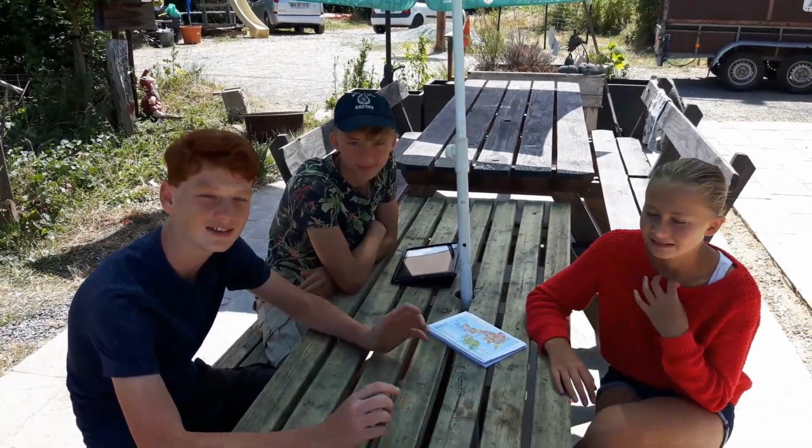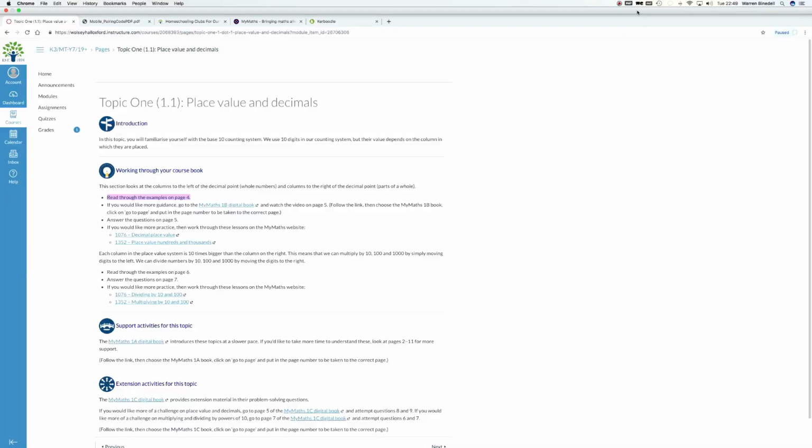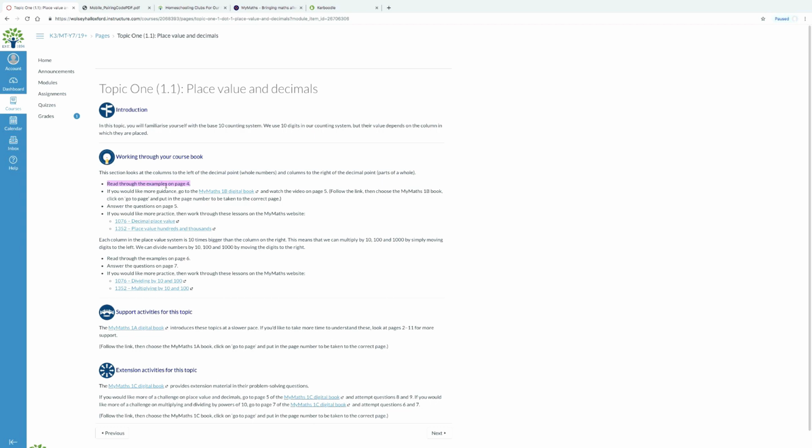We're going to be telling you the 6 best ways to use Canvas. Number 1. Working through modules. In the module, it shows us what pages to read through and activities to complete in our textbooks. We work through the modules at our own pace. For example, if we struggle, we go a bit slower, and if you find it easier, you can go a